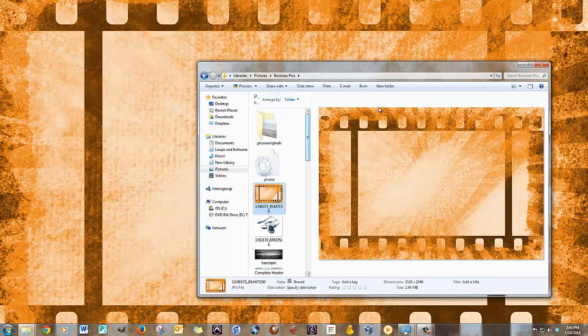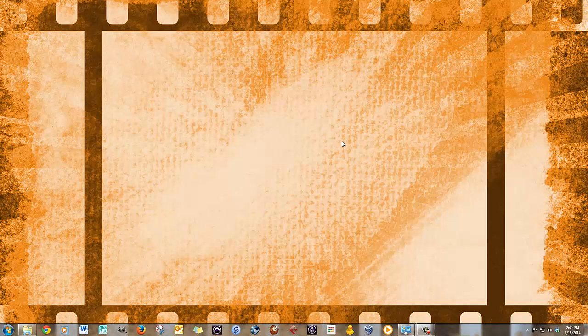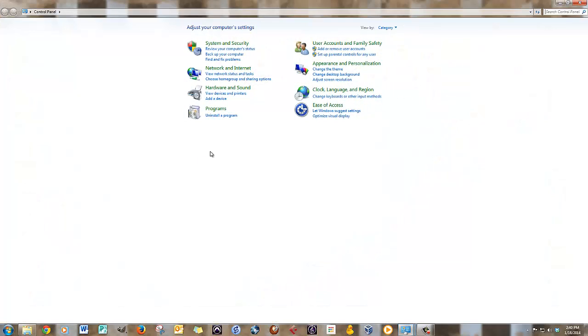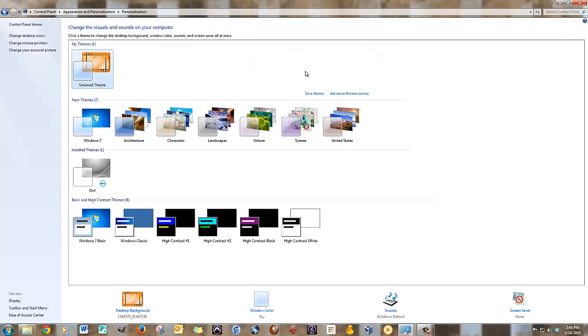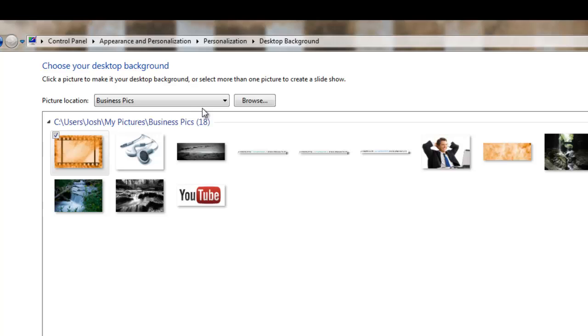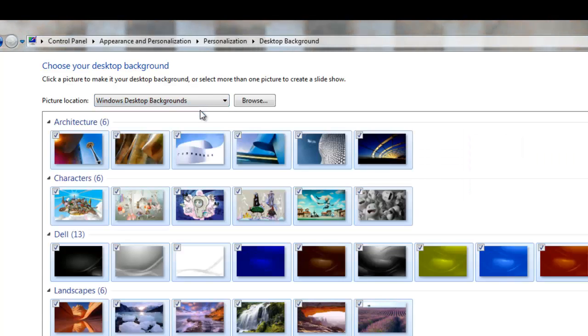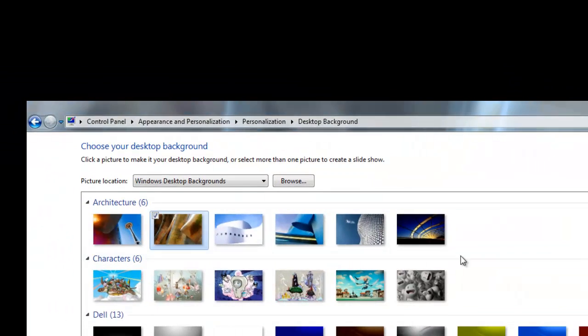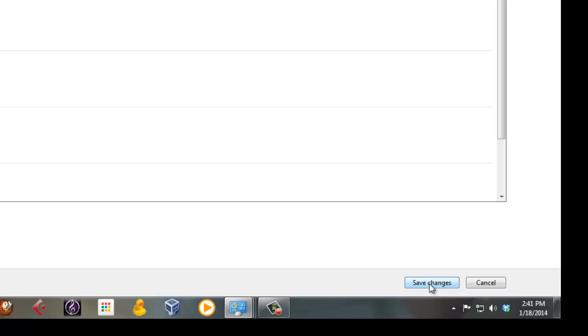Perfect. So just a quick run over those two different options. To get a generic picture onto the Windows desktop, we go to Start, Control Panel, change the theme, Desktop Background, and then it changed a bit. Remember, if it ever is not on those generic pictures, you just go up here to the drop-down menu and hit Windows Desktop Backgrounds. It looks like they're all selected right now, so I'm just going to say Clear All and select the one I'd like. Then I go down here to Save Changes,